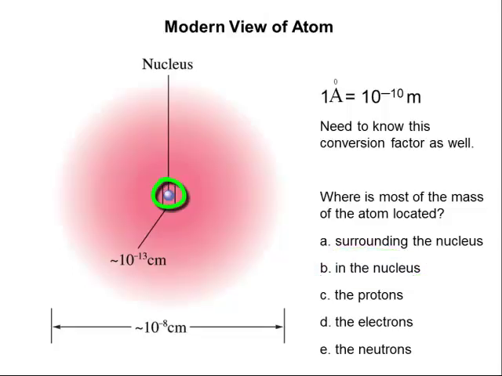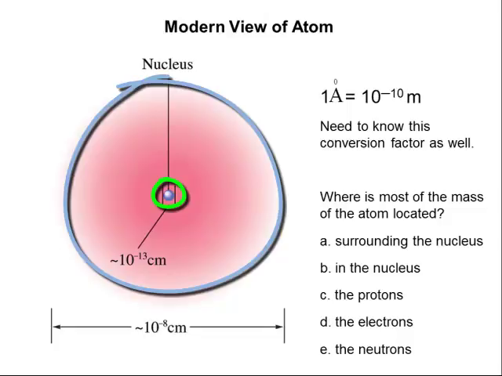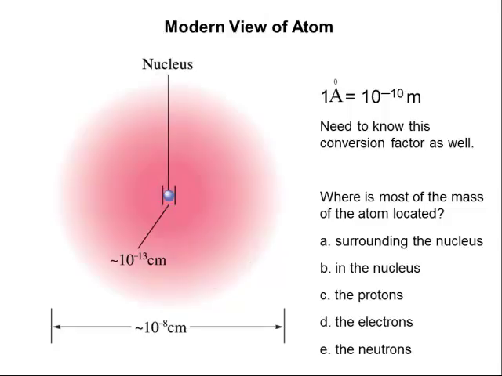But that nucleus is so small compared to the rest of the atom. What's in the other part of the atom, in most of the space surrounding the nucleus? Well, that's where the electrons are. You've probably heard this before: most of an atom is empty space. In other words, most of what matter is composed of is a lot of empty space.